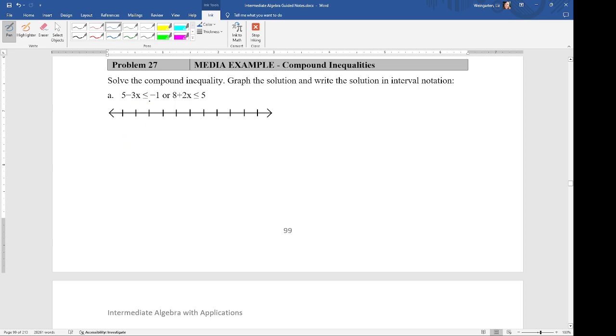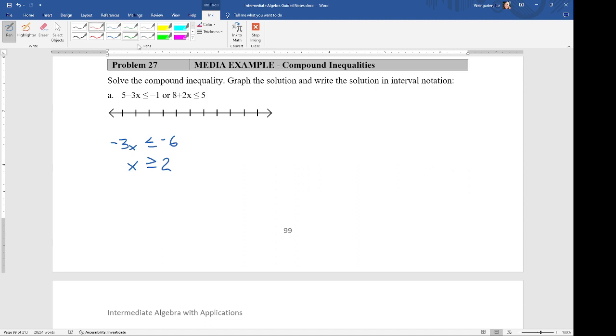I can subtract 5 from both sides, and I get negative 3x is less than or equal to negative 6. Divide both sides by a negative 3. We have to flip the sign because we're dividing by a negative number. X is greater than or equal to 2. Or,